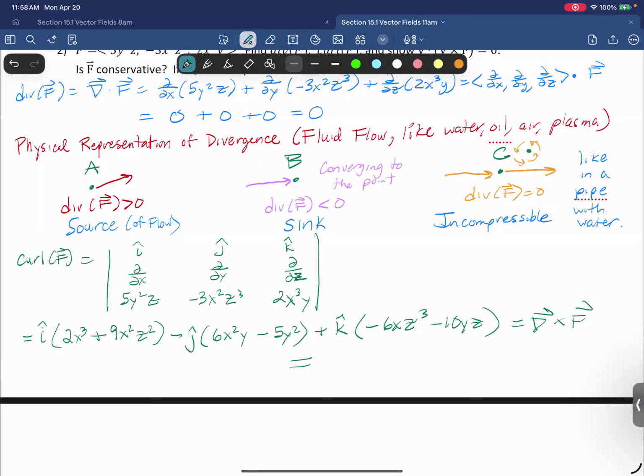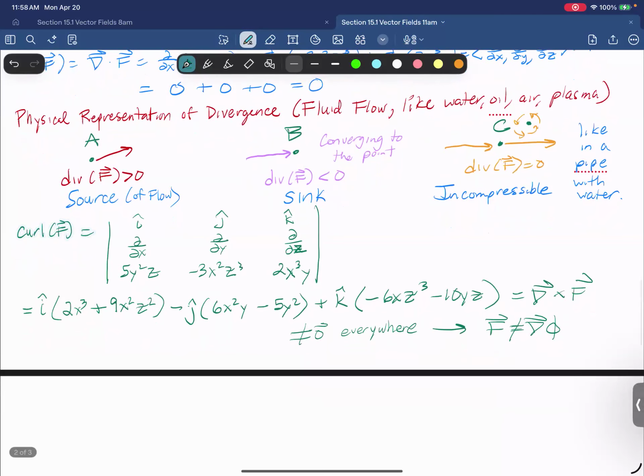This is not zero everywhere, which means f is not a gradient of some potential function. We wanted to show the divergence of the curl of f was 0,